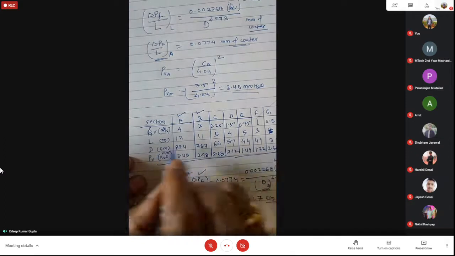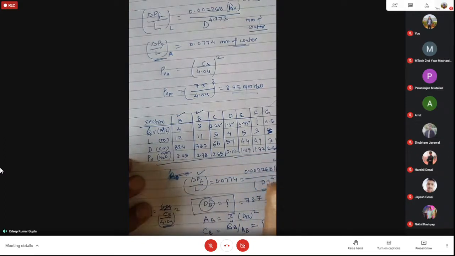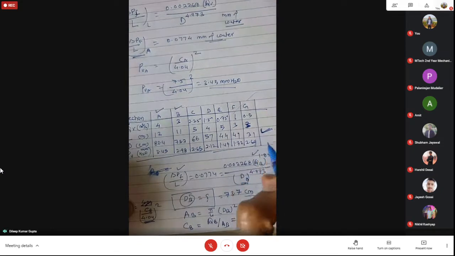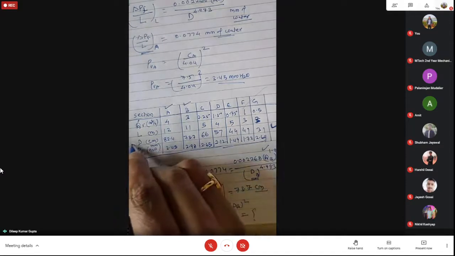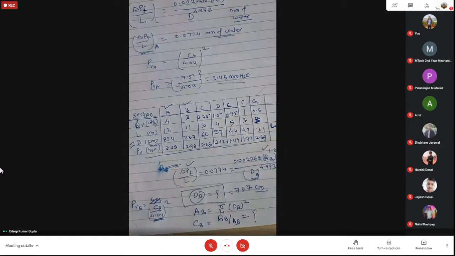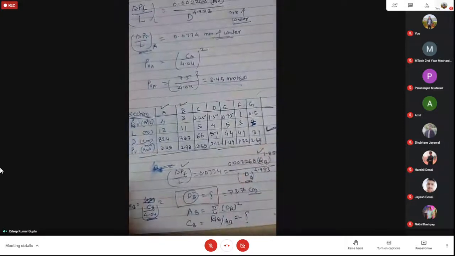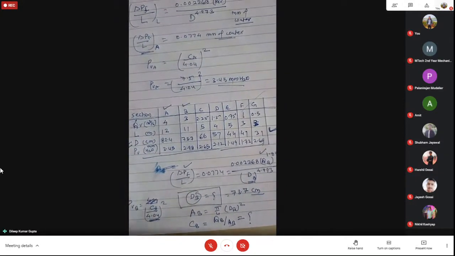Out of this table, we are able to find out the size, that is the diameter of the pipe. We got the diameter of the pipe. Am I clear? So this sizing is done here by using this technique. One by one we can calculate and find out the size of duct in terms of diameter. Length is already known to you. So can you prepare this table? I think you should not face any problem preparing this table, because this is a very simple method. We have to use only a set of equations, right?